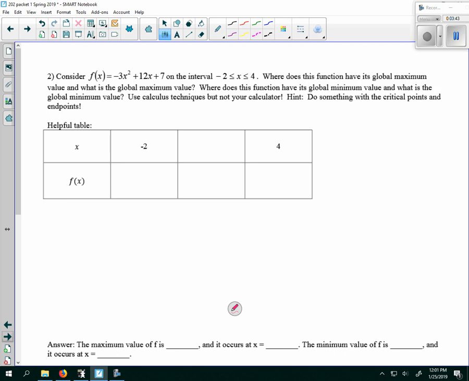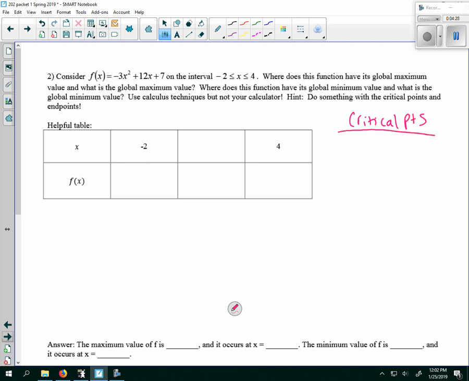Okay, I have a quadratic function, f of x. I want to find the global maximum and global maximum value between -2 and 4. So use calculus techniques, not your calculator. So I'm not going to look at a graph of this function and find its maximum value. I want to use calculus, and I know maximum values could occur at the endpoints -2 or 4, or at a critical point, right? A critical point between -2 and 4. So critical points happen when the derivative equals 0